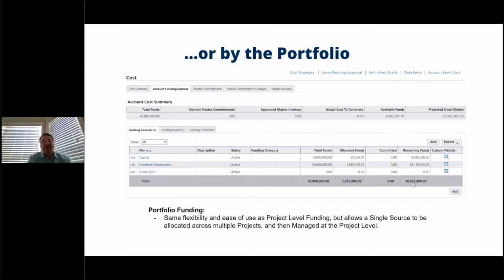And again, same concept, but what we're talking about at the portfolio level is maybe the allocation, or that funding source isn't tied to a single project. It can be tied to all of my current portfolio, and I'm still in compliance. So this allows me, again, to look at funding sources, create them just as easily as I was able to before, manage them and identify them just as easily, compare the current funds versus what's allocated versus what's committed against. But now instead of doing it in terms of a singular project, I'm doing this across my entire portfolio,